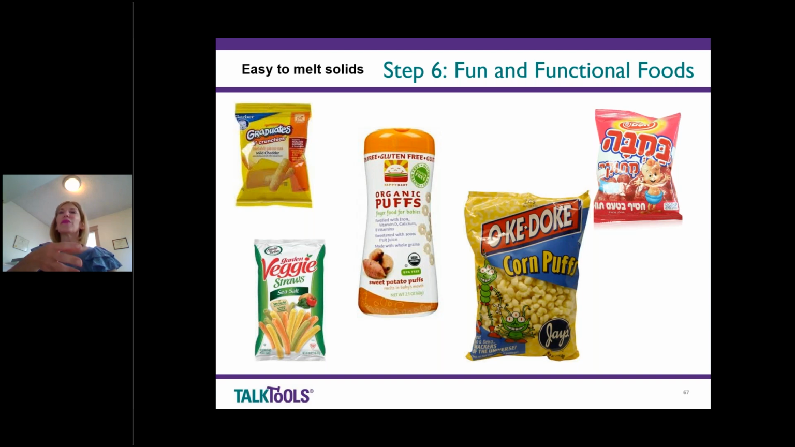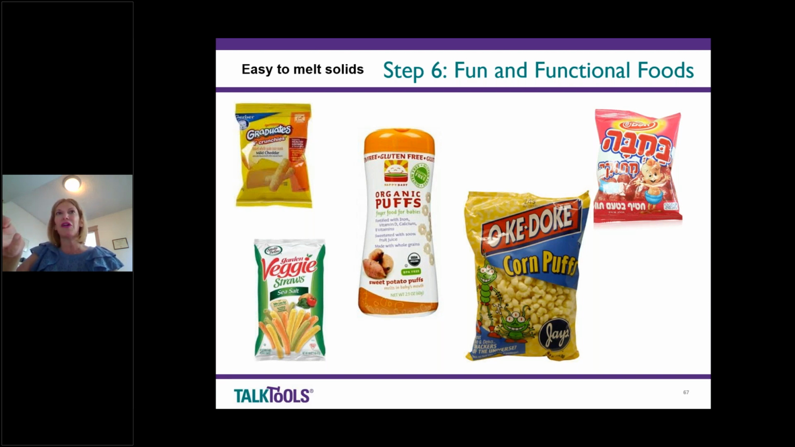Here we have the Gerber graduates. Veggie sticks can be used the same way and are a lot cheaper, and the whole family can enjoy them. We get a lot of these baby and toddler puffs. Corn puffs can be an equivalent to that. These are some Korean snacks, Japanese snacks that actually in those cultures,